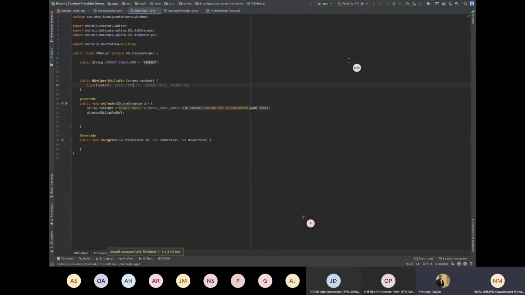This looks fine. Create table, table name, ID, integer. It looks fine.